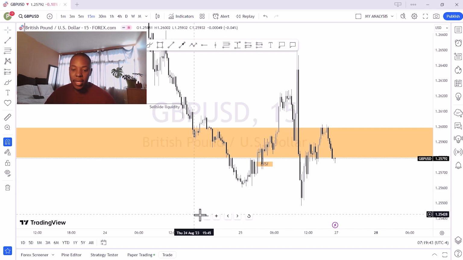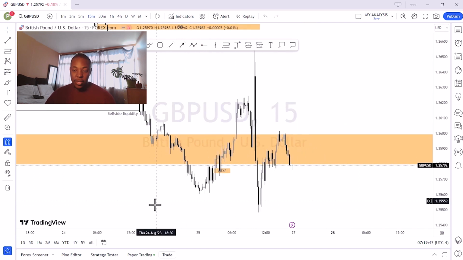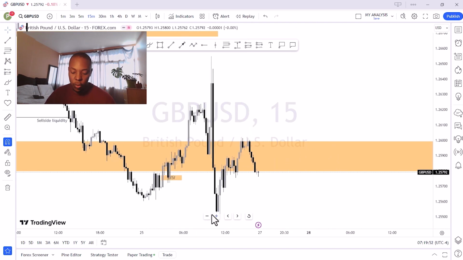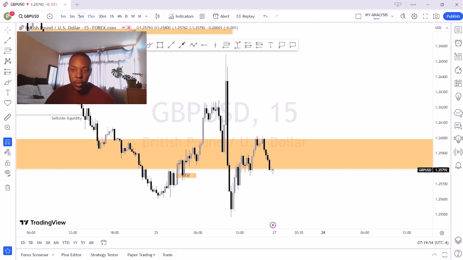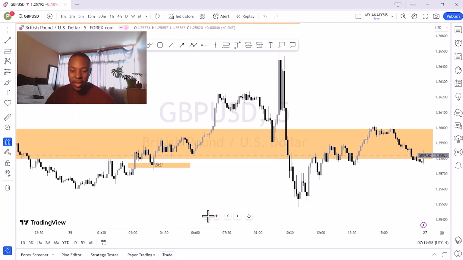So yeah, my day 1 was on a Friday, so I did take a few trades there, and I'm just going to go through the trades that I took and why I took them. So now we're looking at